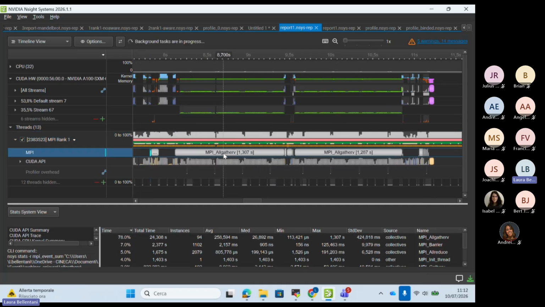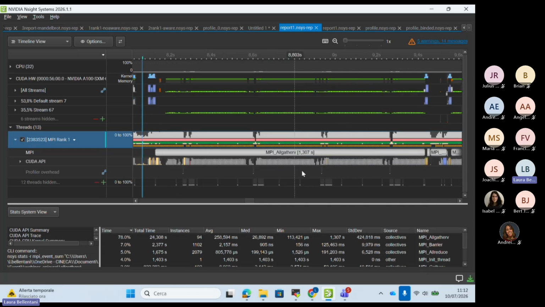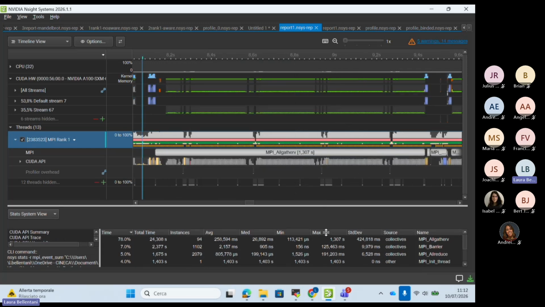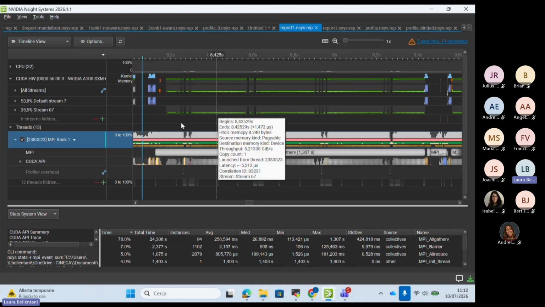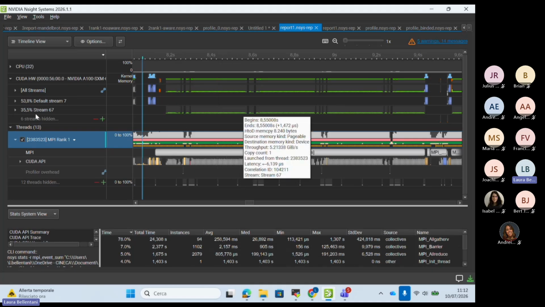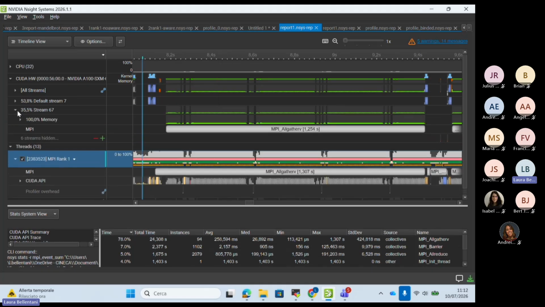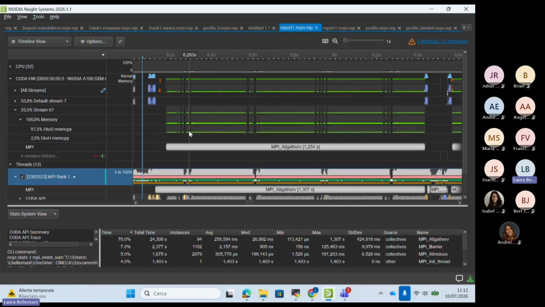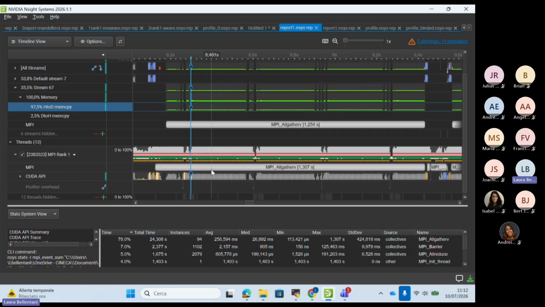If I focus on Allgatherv communication here, I can see that, by design, the implementation is aware, but actually there is some green event here, which typically means CPU-GPU staging. In particular, this is host-to-device memcpy, which is called under the hood by the library. So the implementation of my code is aware.